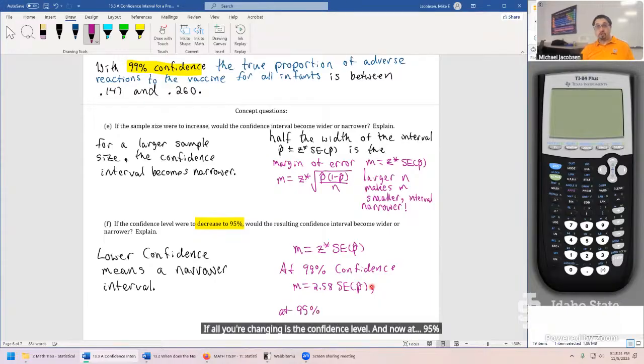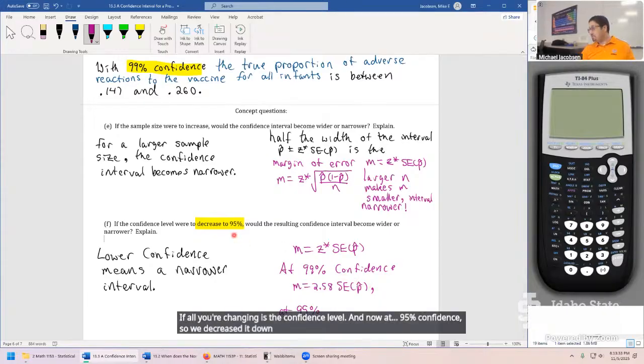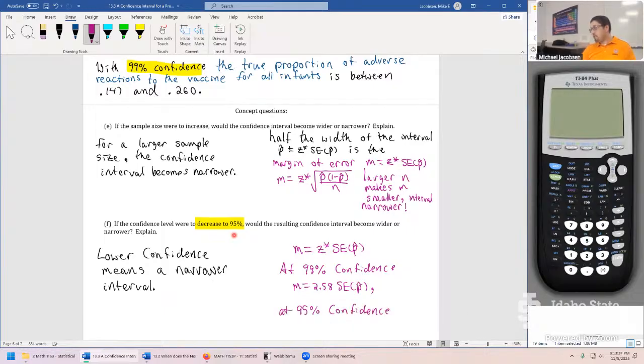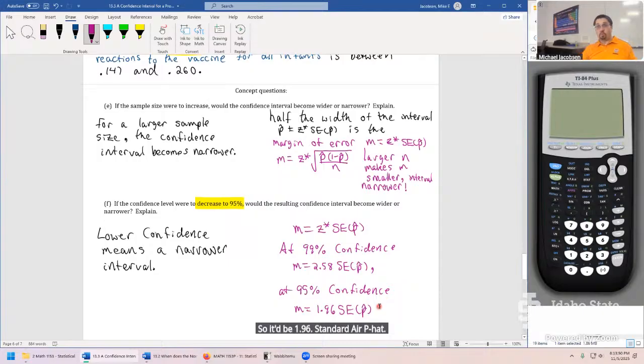95% confidence, so we decreased it down to 95%. M, take a look at that table again. Z star is 1.96. So it'd be 1.96 times the standard error of P hat. This controls half the width, so this gives a narrower interval,